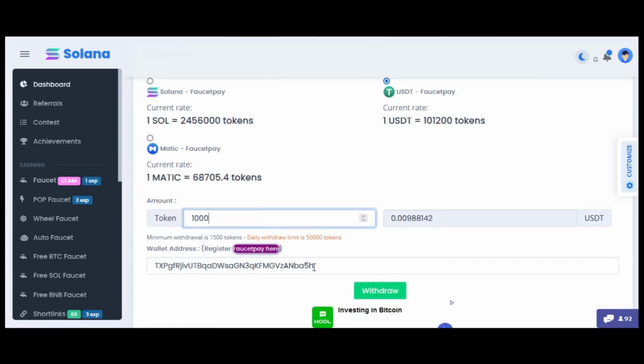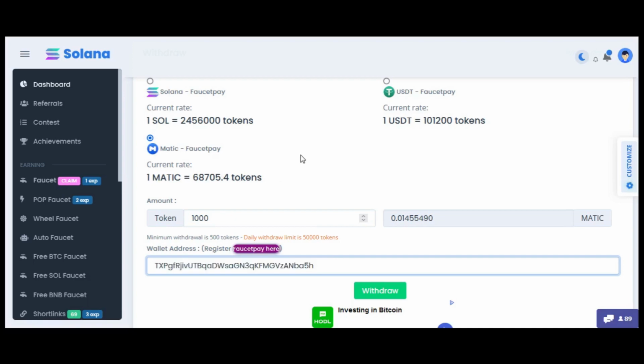Of course, in order to make a withdrawal, you have to paste here your wallet address. It is not strictly important to use the wallet address related to the specific cryptocurrency. For example, if I select Matic and I leave this address here, I will receive Matic anyway. So you can just paste, for example, the address of USDT, and you can withdraw either USDT, Solana or Matic. There's no need to change the address every time. Of course, the address is from the Faucetpay wallet, so if you don't have Faucetpay, you have to register an